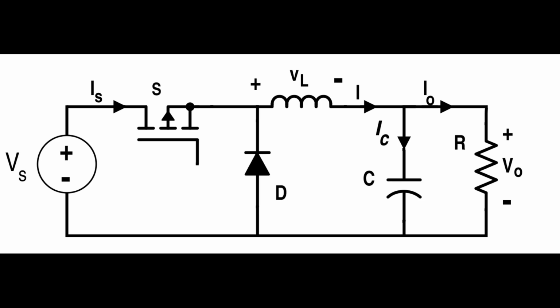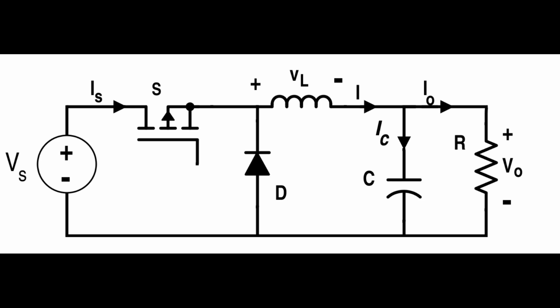Okay. So the mode of operation is that the switch S will be switched on and off. When it is fully on, the power supply will be connected to the inductor and then to the load. The power directly flows through the power supply, inductance, resistance R and capacitance also.